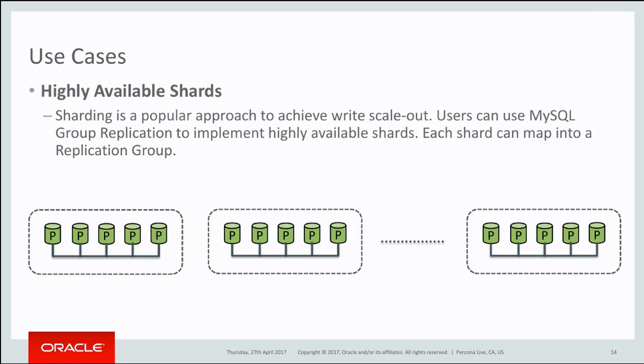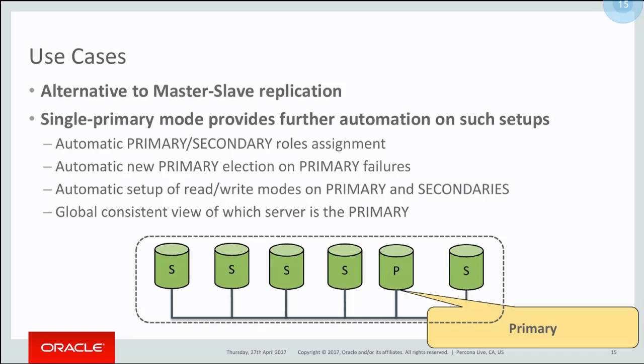Also, if you're doing sharding, you could take this approach to build highly available shards. Each shard is a group, and then you route the queries to the shard that you want, while keeping the shard highly available because it's a group. And it's also an alternative setup for master-slave replication with the additional properties that I enumerated earlier, right? The group membership, the total ordering of transactions within the group, the guarantee that you don't lose transactions if servers fail, and so on and so forth. So all of these things are provided by group replication, and I think